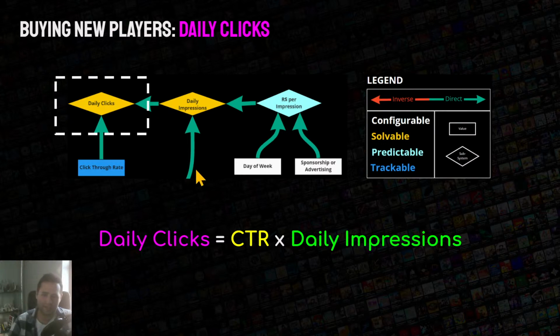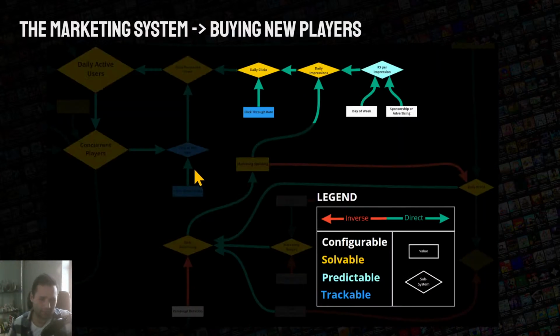Daily clicks, that's CTR times daily impressions. This is all very simple. But basically, this is the marketing area. This is the advertising wing. This is where you buy new players, because from there, once you have your clicks,